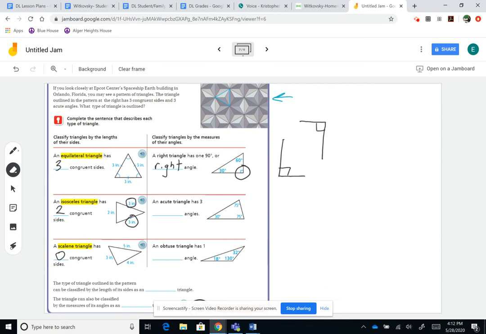If it's more than 90 degrees, it's not a right angle. If it's less than 90 degrees, it's not a right angle. So the next one says an acute angle has 3 blank angles. Has 3 what? What do you think? It's right in the name. 3 acute